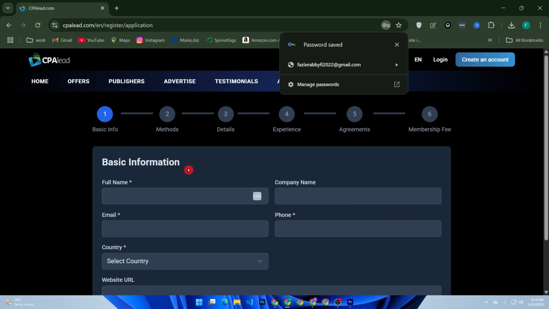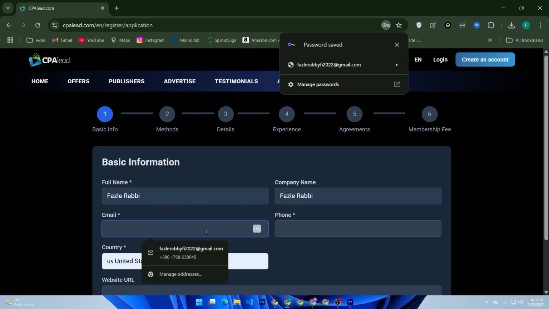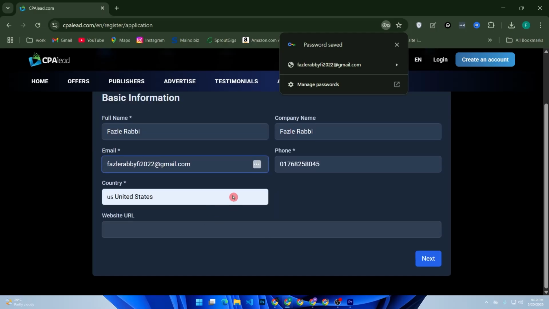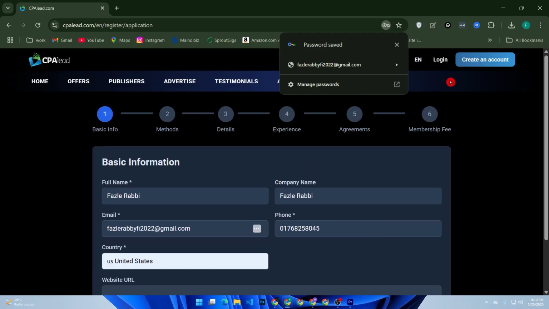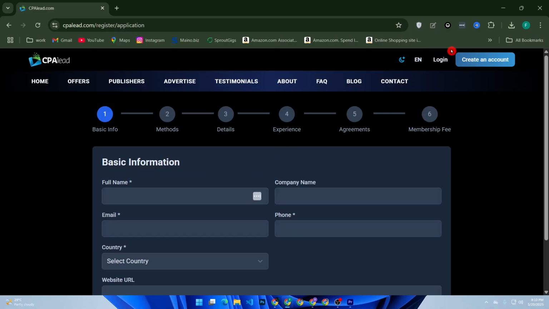Again, enter your basic information like full name, company name, email address, phone number, country name, then website URL, etc. Then go to login section and log into your account with your login credentials. On the dashboard, you will see offer name,